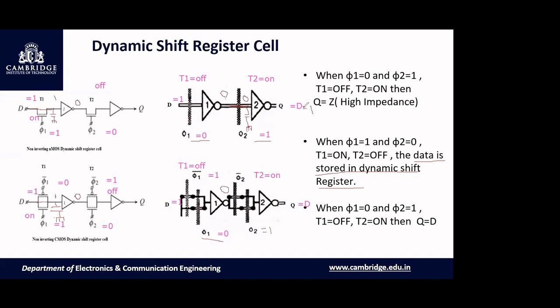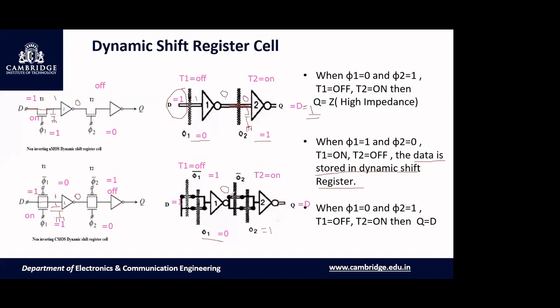Understood, no? Whatever data you had stored in this memory is inverted. Here we had 1, that is inverted to 0. That 0 is passed by this pass transistor, we got 0, and that is inverted, we got 1. So whatever input we had applied, that we got. Understood? Okay.